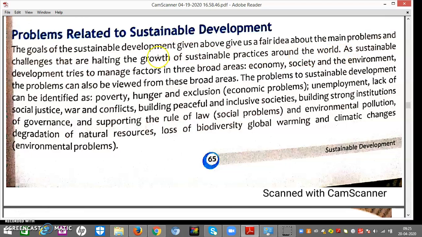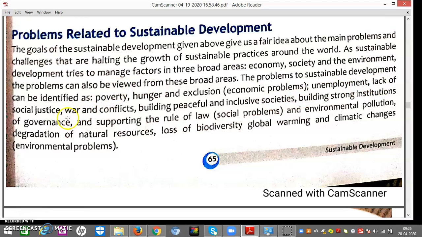Sustainable development tries to manage factors in three broad areas: economy, society and environment. These are the three areas we always take when we are talking about sustainable development. The problems can also be viewed from these broad areas. The problems to sustain development can be identified as poverty, hunger and exclusion, unemployment, lack of social justice, war and conflicts, building peaceful and inclusive societies, building strong